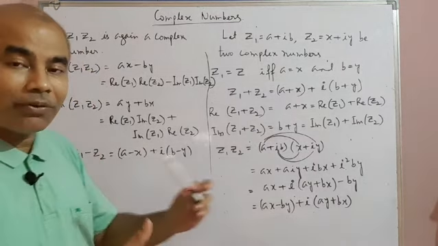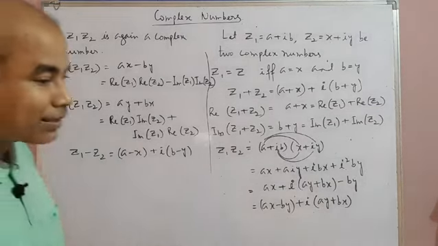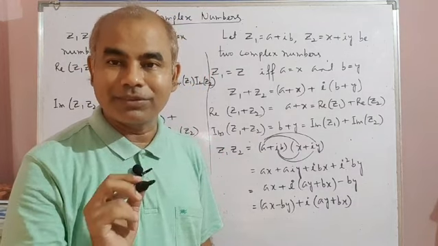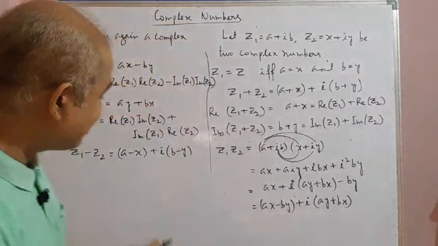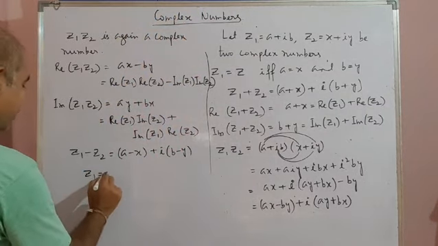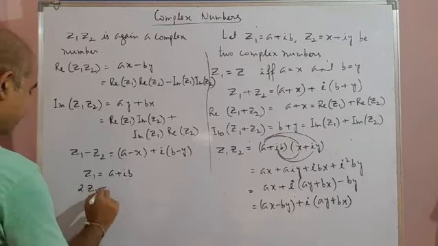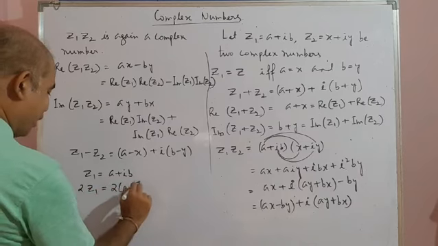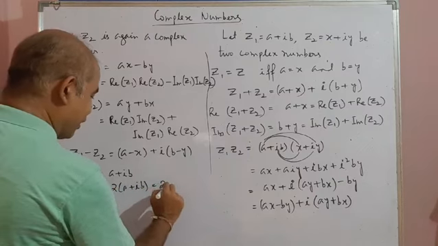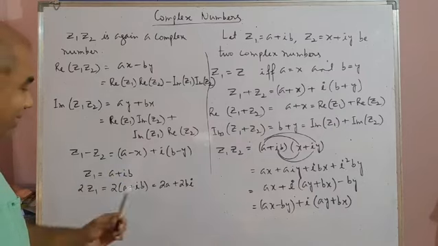Okay, next, before going to division, one more thing I want to say, that is multiplication of a complex number by a constant. When you multiply a complex number by a constant, what will happen? Suppose I have a complex number Z1, here I have taken it is a plus ib. Then if I multiply 2 with Z1, it is 2 into (a plus ib). Using the concept of algebra, it will be 2a plus i times 2b. So the product is again a complex number.